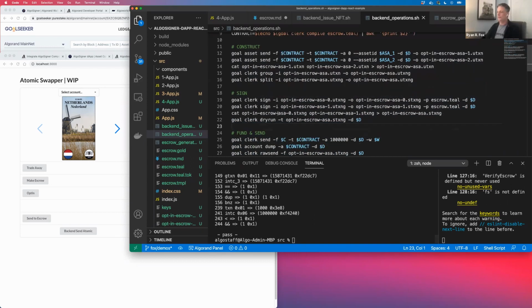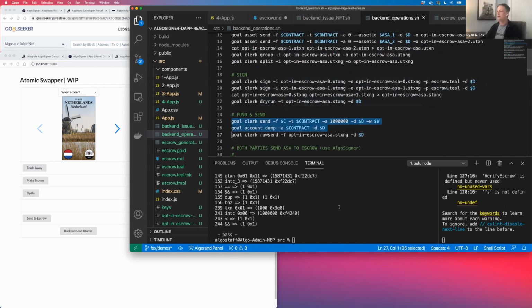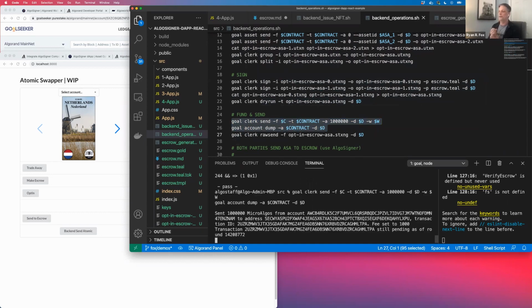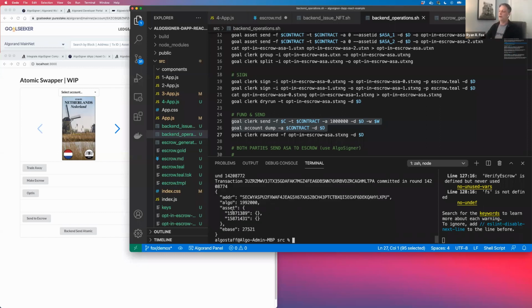Now we're going to send it. So we're going to wait for those two transactions. It's an atomic transfer to be sent, broadcast to the blockchain. We will note now that those two asset IDs are now opted in by this escrow account. So that part has worked. The opt-in worked. We're now ready to have Alice and Bob send their